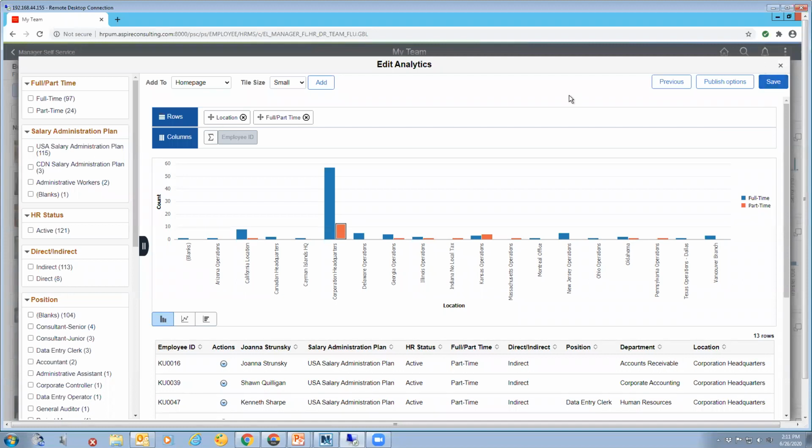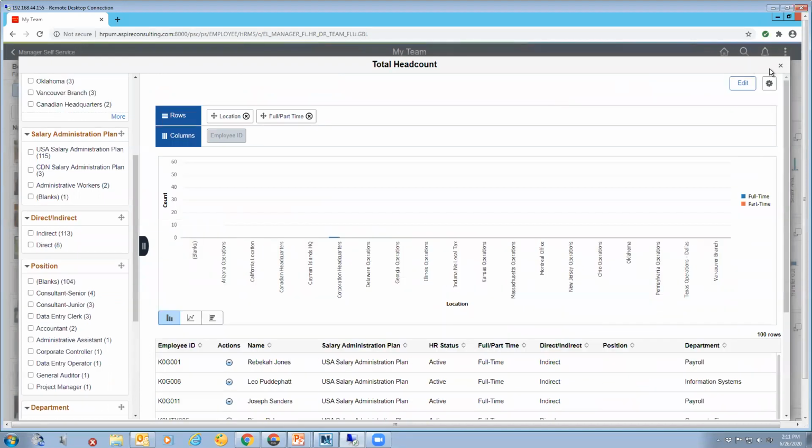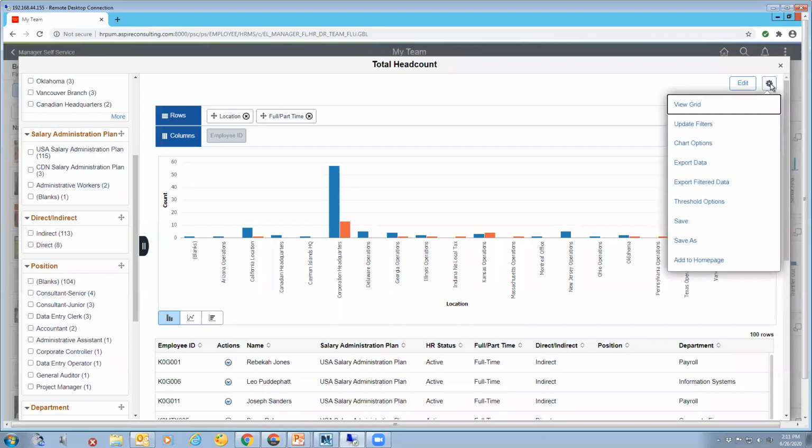So next time I come in and I'm looking at my team information, I've got it out here, it's built, it's got the name. So now I've got a label on it from where I have it. I have some other options out here. So one of the other nice features is, while working on this and I look at my options, there are